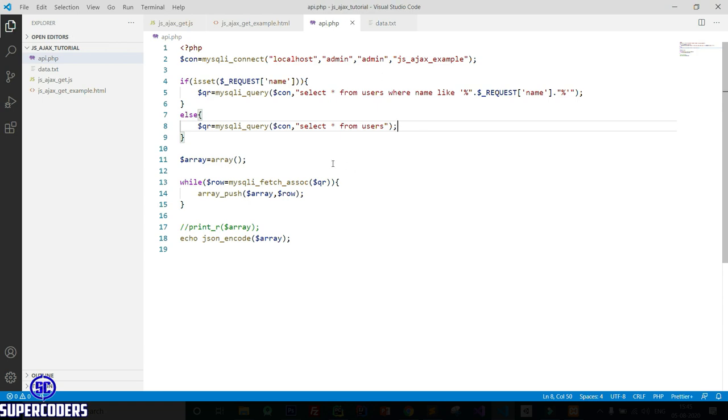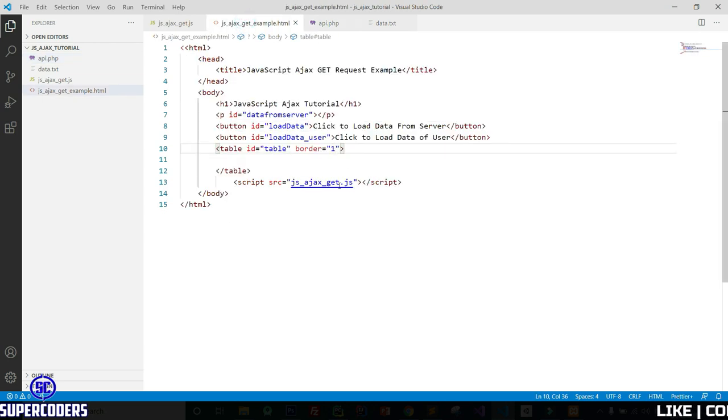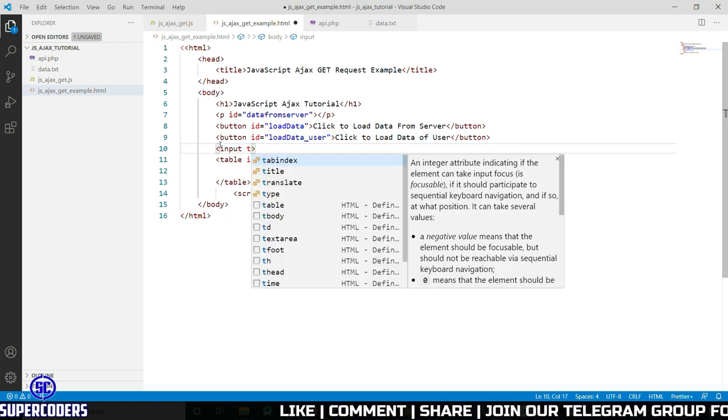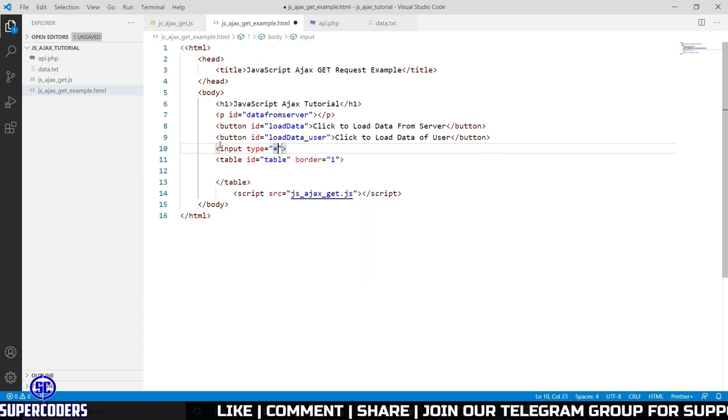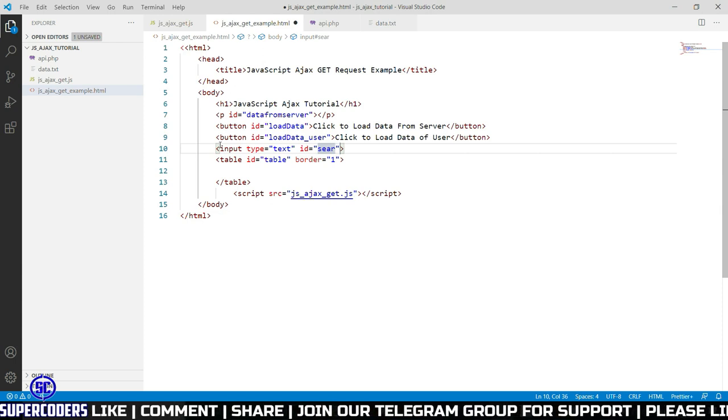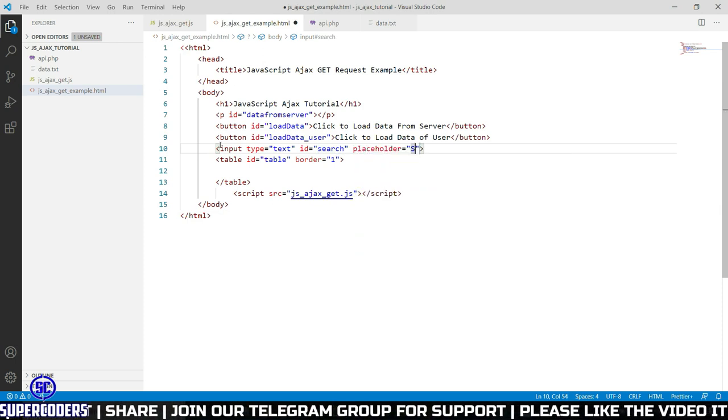Let's see how it works. Come here and add an input. Input type equals text, ID equals search, placeholder search user.